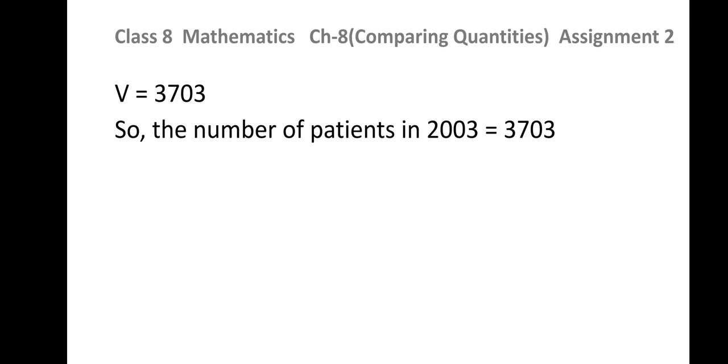So be careful while taking the value of V and V naught. In the question, first of all, you need to interpret whether V is given or V naught is given, and then simply you are supposed to put the values, and if it is rate of depreciation, take negative sign in between in the formula, and if it is increase or growth percent is given to you, growth rate is given to you, then you are supposed to take plus sign in the formula.